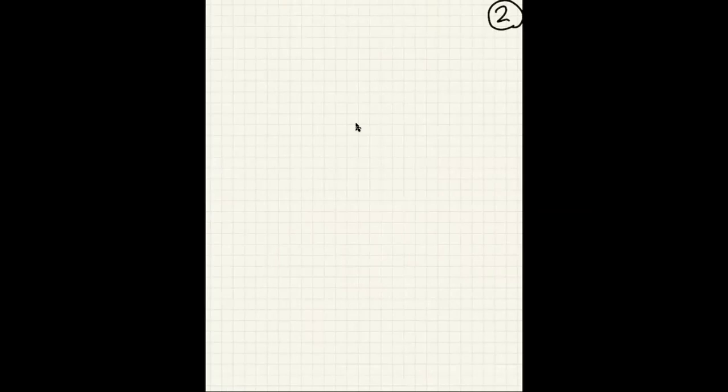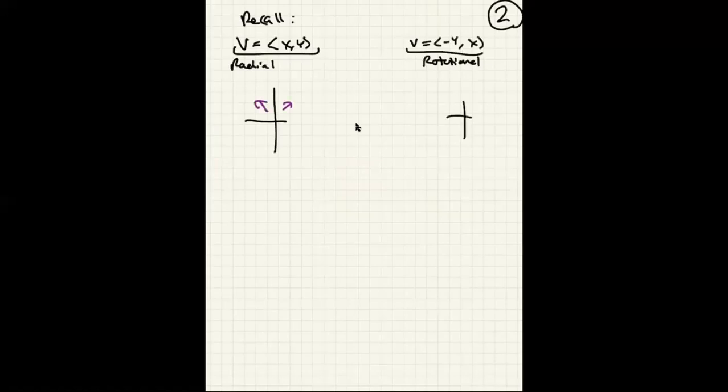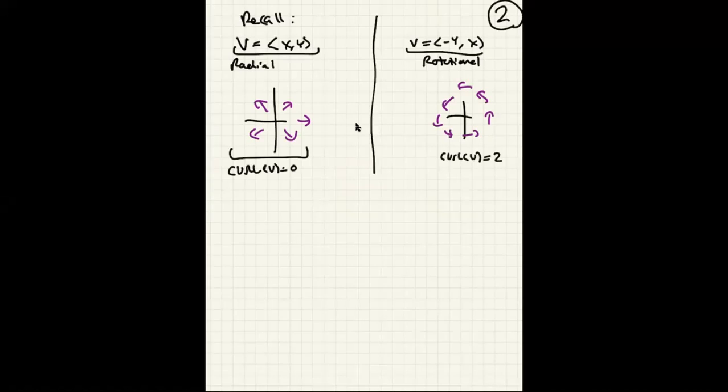Okay, so let's recall our favorite 2 vector fields. The radial vector field, so V is x comma y, and over here we're going to have V is negative y comma x. This one was our standard rotational, and this one was our standard radial. Just to draw them out, they do something like this. And this one kind of spins about counterclockwise. And when we first discussed curl, we computed that this has curl of V is 0, whereas this has curl of V equals 2. So the idea is that curl of V at a point